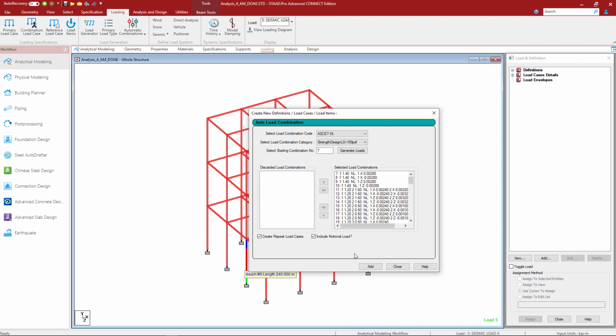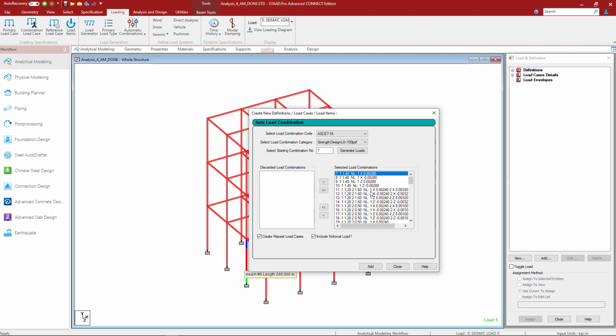Now before I officially add my load combinations to the input file, let's take a look at the load combinations that have been generated, and we will start with this first one. These first four load combinations represent 1.4 times dead load. The load case that's assigned to dead load is load case number 1. In addition to that, it went ahead and added the notional load onto each of these load cases. It basically took the notional load factor of 0.002, multiplied it by the factor of dead load, which is 1.4 in this case, and it's applying it in the horizontal